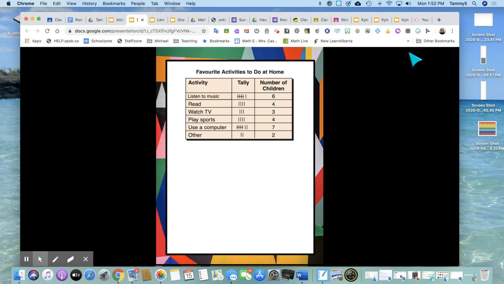Okay, let's do some questions together. Let's pretend I gave you this table and I asked you the question, how many students in total were surveyed? So what you need to do is look at the total number of children for each activity here. And remember, this is the question, what was your favorite activity to do at home? So you would count up how many children basically answered the questions by looking at these numbers and adding them up. So you would say, okay, 6 people said listening to music,